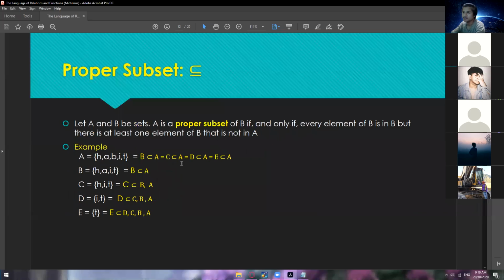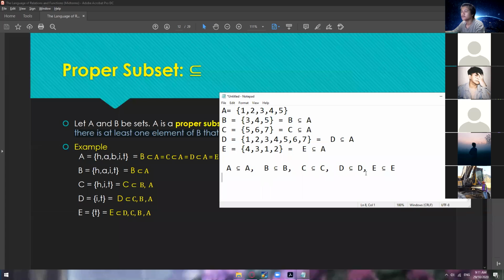Okay, so moving on is the proper subset. So in here, very similar with subset, but in proper subset, there's only one difference. Okay, so ito yung binaka-definition, let A and B be sets. A is a proper subset of B if and only if every element of A is in B, but there is at least one element of B that is not in A. Okay, so what is the meaning of that one? So in other words,